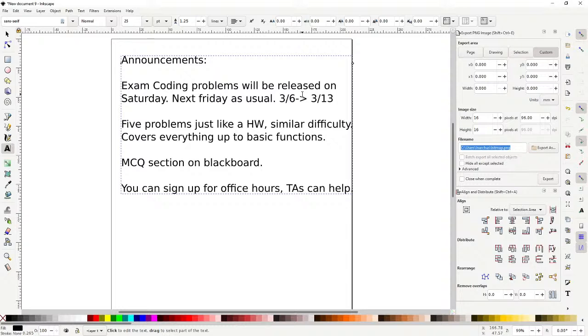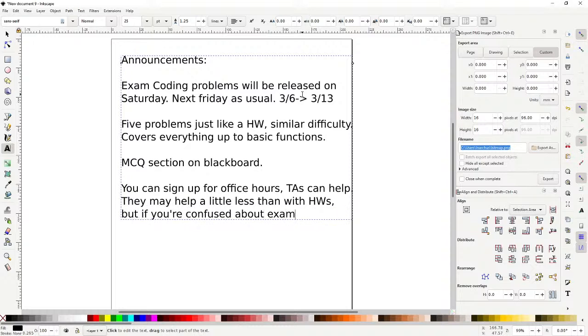They may help slightly less than with homework, but if you're confused about exactly what the problem means, that's definitely something the TA can help with.